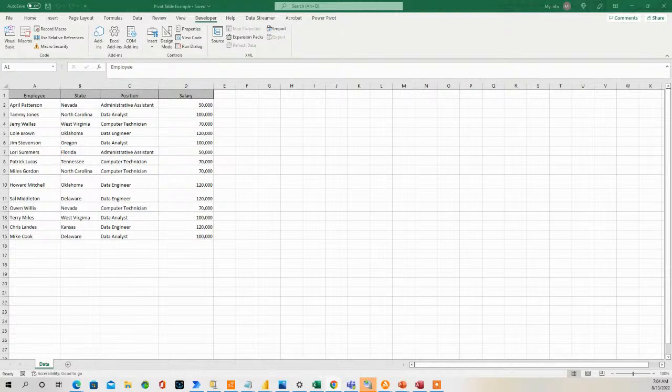So what we'll do is we'll start out with our data that you see here on the screen. We've got 4 columns: employee, state, position, and salary. So what we want to do is create a pivot table using VBA. Now, traditionally, what we will do